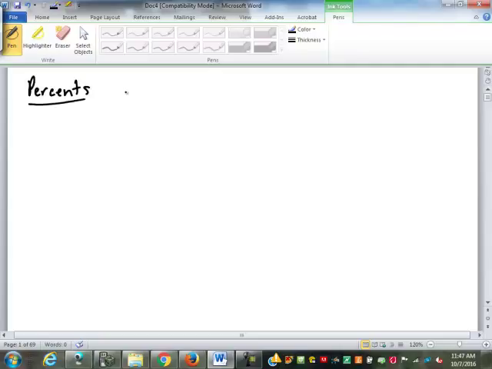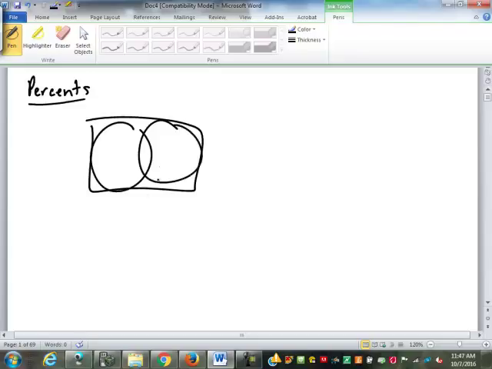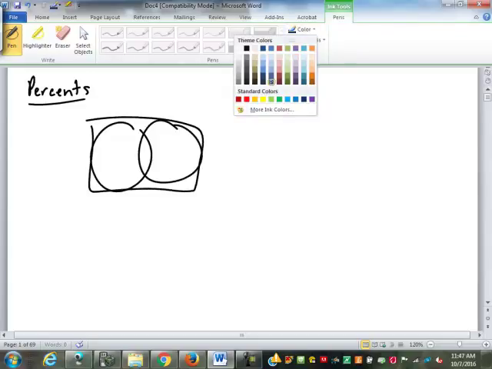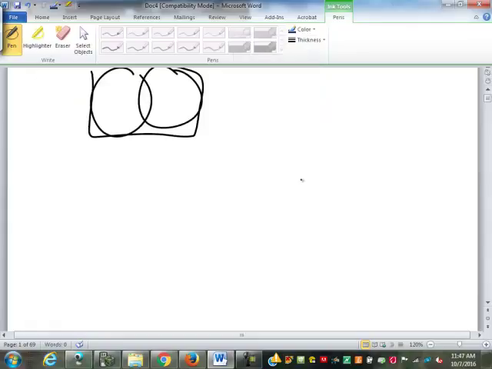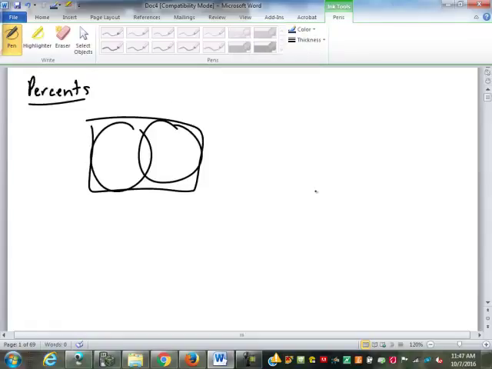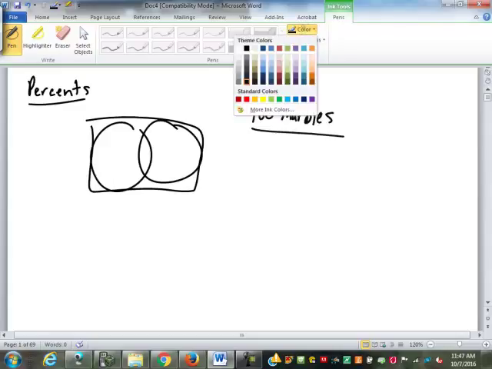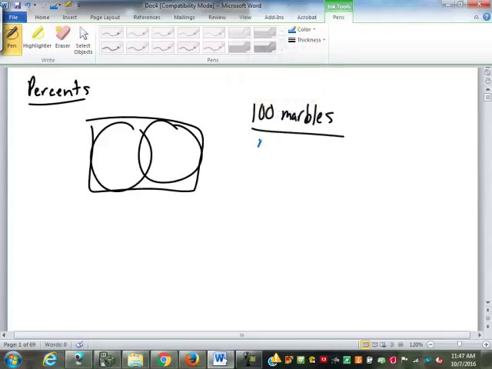When we have these relationships, they're being represented by a whole amount and then pieces within that whole amount. And they may or may not overlap. For example, let's say I have 100 marbles in a box. The only reason I'm using 100 is because a percent is out of 100. If out of those marbles, 40 of them are blue and 60 of them are red,